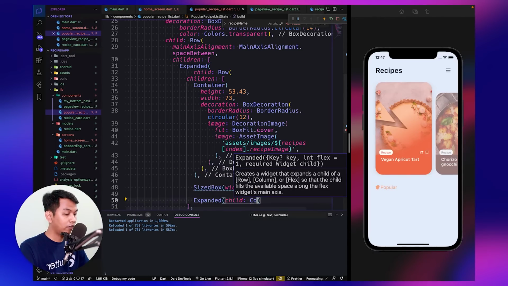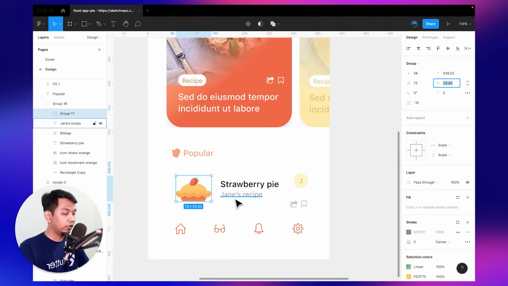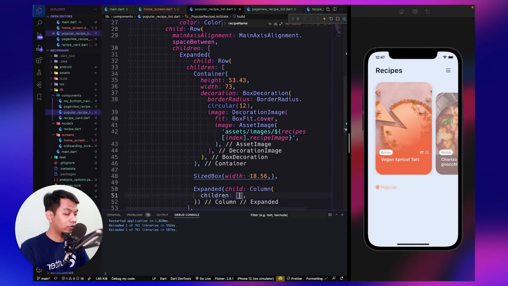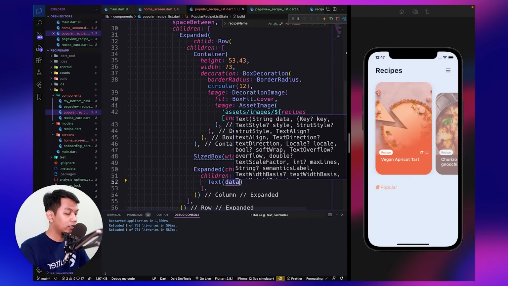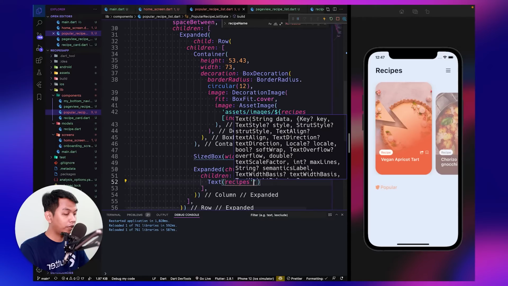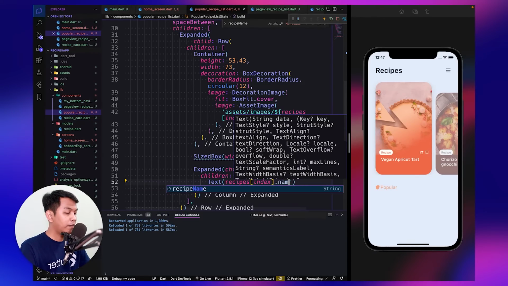For the child, we use a column because as we can see, we have these two texts from top to bottom. So inside this column we say children, and for the text, let's make it receipt index receipt name.